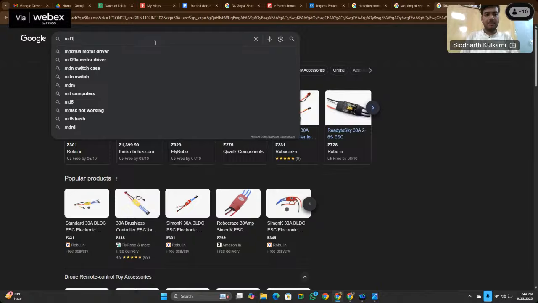Let's say I have a PMDC motor that is rated for 12 volts and 10 amperes. What I will need is a motor driver that supports 10 amperes of current. So what I will do is use the MD10A motor driver. So if you go here,